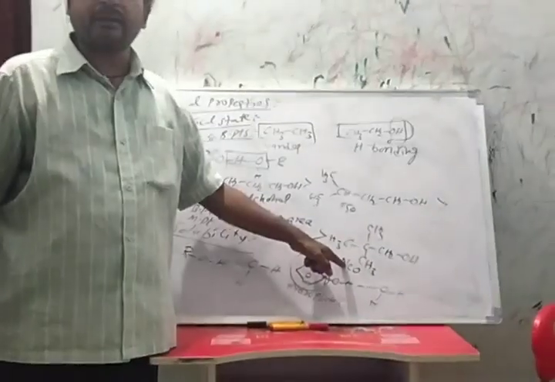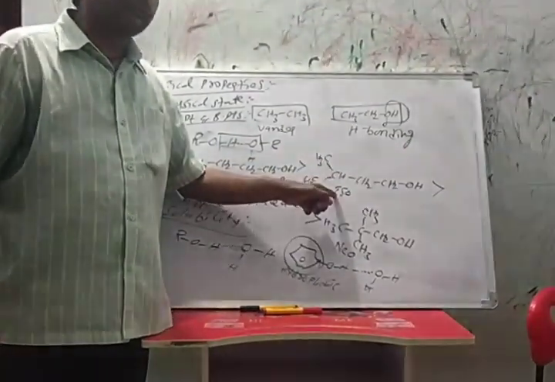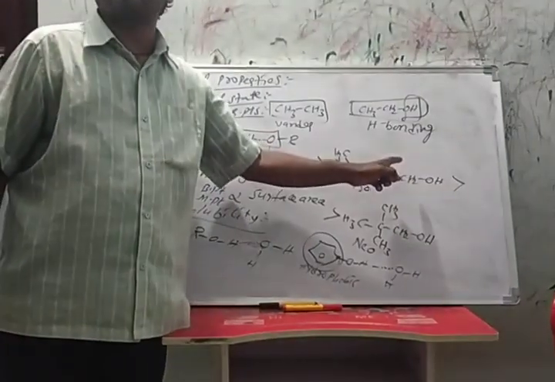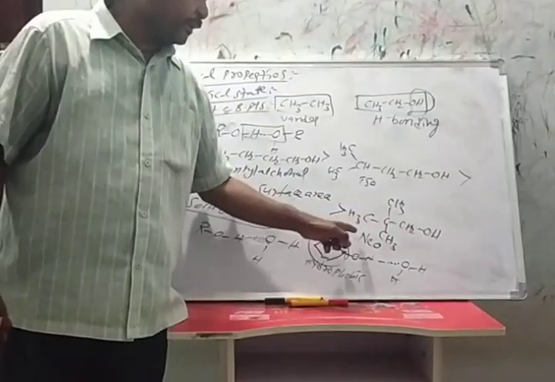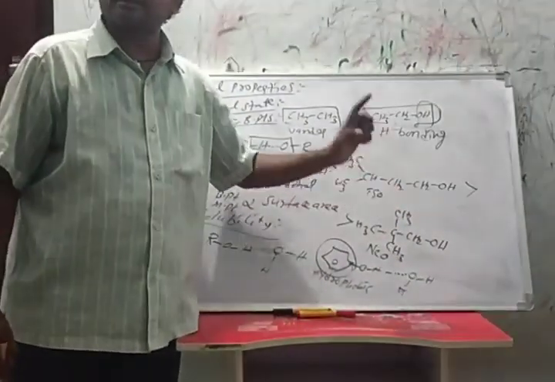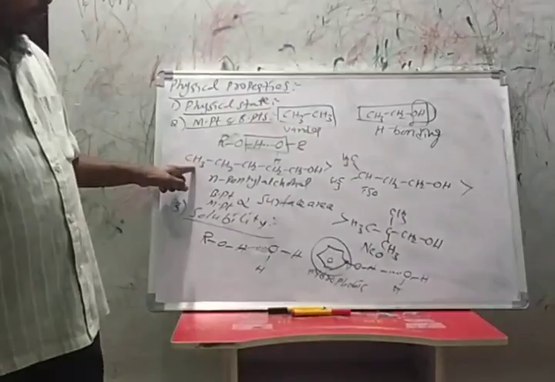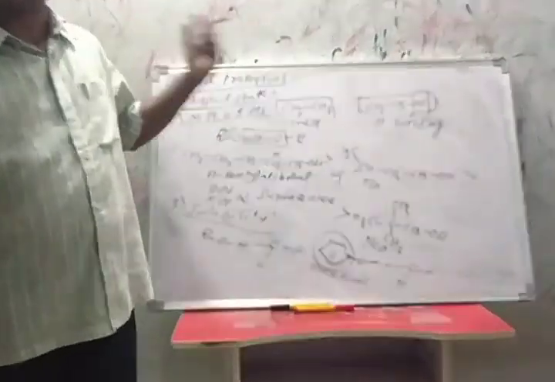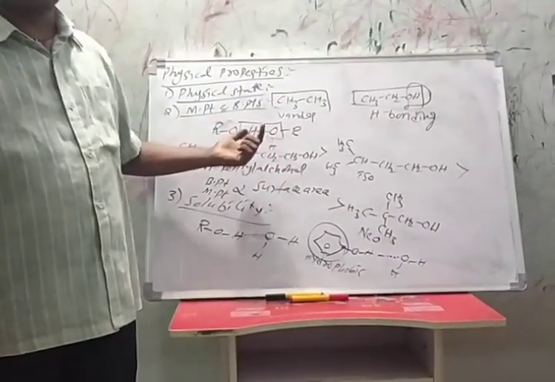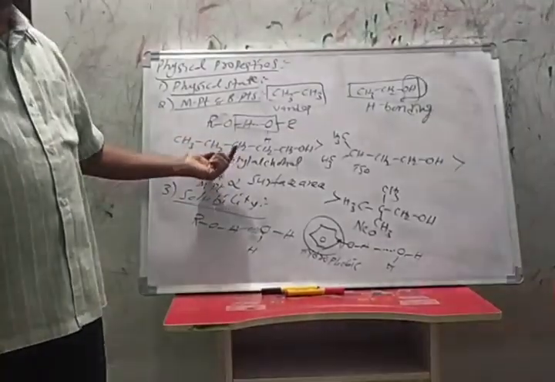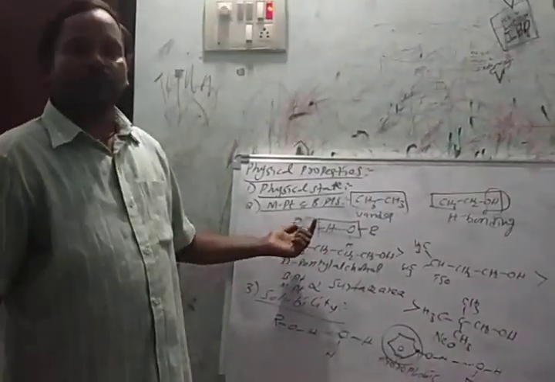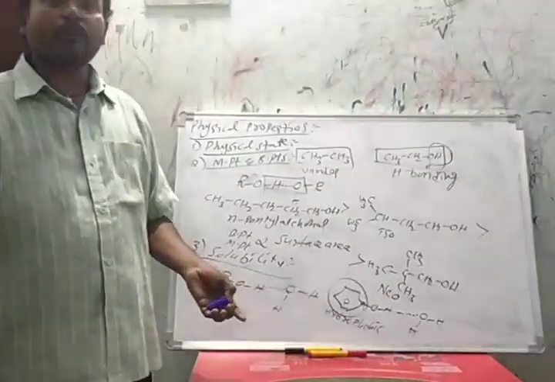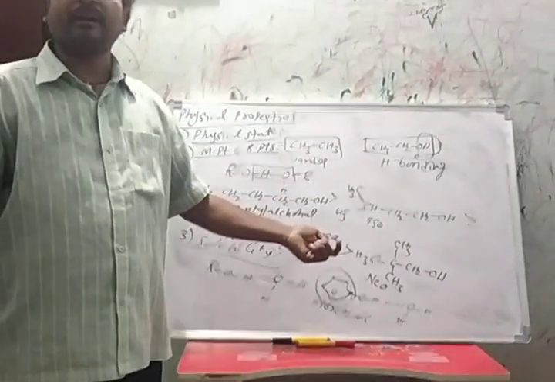and neopentyl alcohol. In isopentyl alcohol, 4 carbons or 5 atoms are present in the surface area, and in neopentyl alcohol 4 atoms or 3 carbons are present in the surface area. In normal pentyl alcohol, 5 carbon atoms or 6 atoms are present in the longest carbon chain, so it has more surface area. So normal pentyl alcohol is completely soluble in water compared to isopentyl alcohol or neopentyl alcohol.